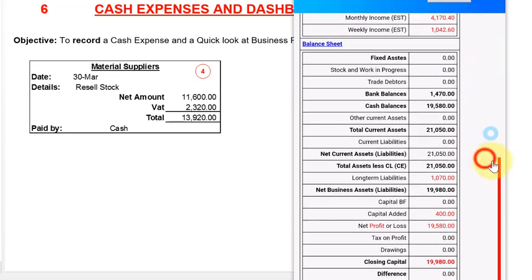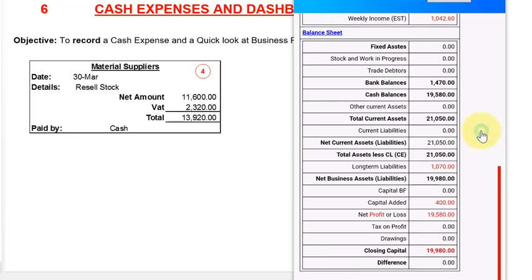Let's look at the balance sheet. Balance sheet is universal. So the bank balance is 1470. Cash balance is 19. Current assets is that. Then current liabilities. Okay, well, net current liabilities is that. Long-term liabilities is that 1070,